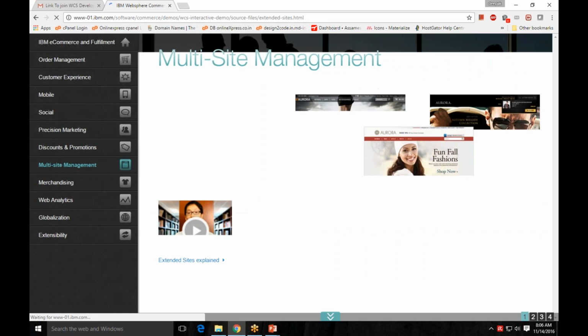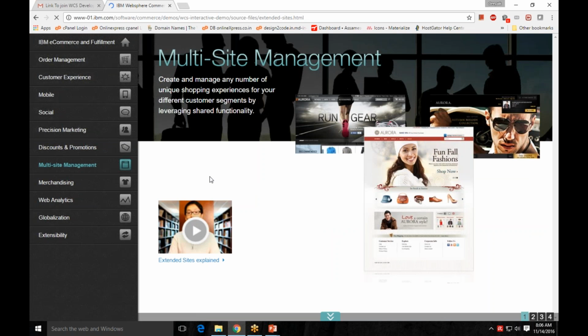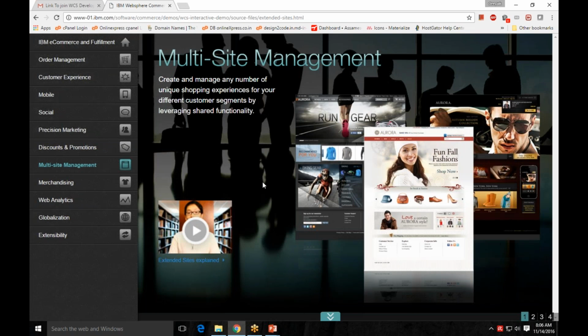Multi-site management. This is one feature that I have not talked about till now. What this says is, if you look at a brand which has existence in different countries, for example Adidas, Adidas sells shoes and sportswear not only in the US but in so many other countries like India, Japan, China, etc. Now it would not want to have a single website created to target all these geographies, right? Because the kind of